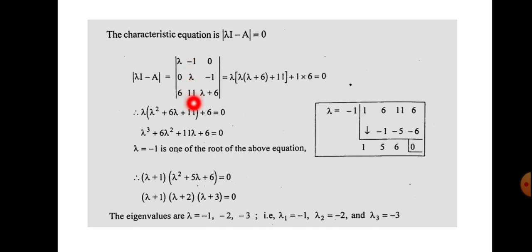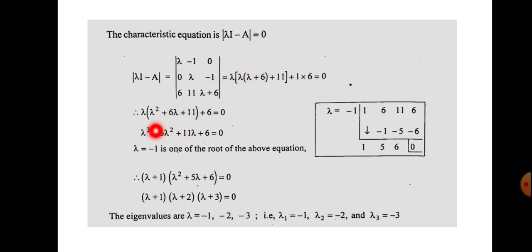You can find the determinant. It is a 3 by 3 matrix, so you can easily find the determinant. You will get the determinant value as this one, which will be equal to 0. So you got this equation. See, these are all simple mathematical steps. For the determinant, you eliminate the first row and the first column, so take the determinant of the rest of the entries. Then minus the second entry into the determinant after avoiding its row and column, plus 0 into whatever quantity is equal to 0. So you will get this value.